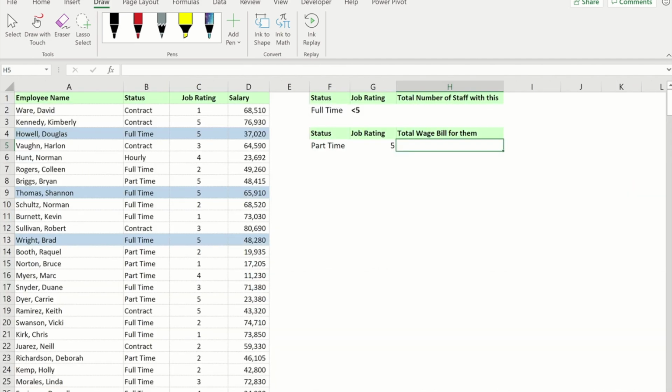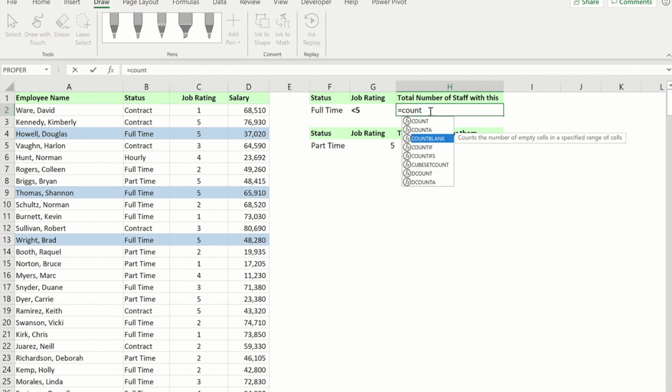Okay, so as well as SUMIF and COUNTIF, we also have SUMIFS and COUNTIFS. With SUMIF and COUNTIF, you can do a single question. With the IFS, you can do multiple questions. So I'll start with a count one. So if I do equals COUNTIFS and I press the FX button,